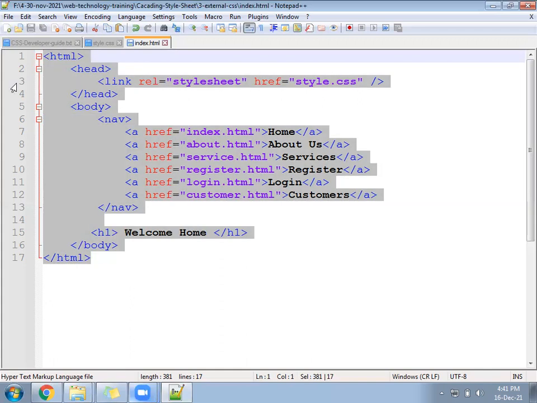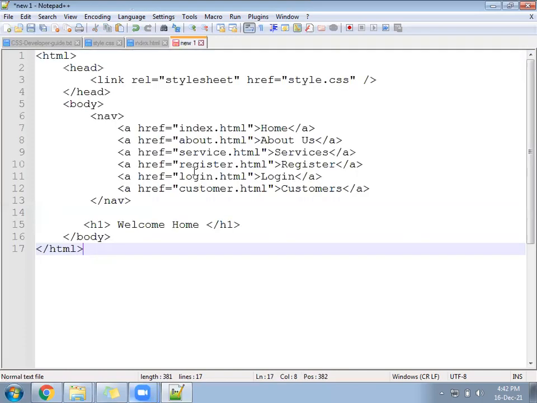Everything you can copy from here, paste in the next file, save the file as about.html.